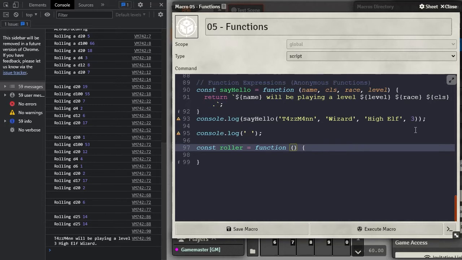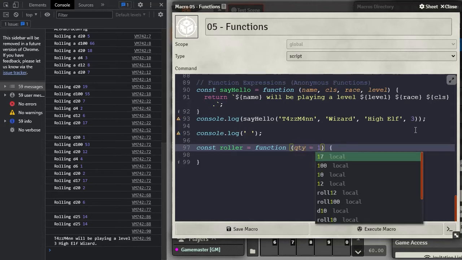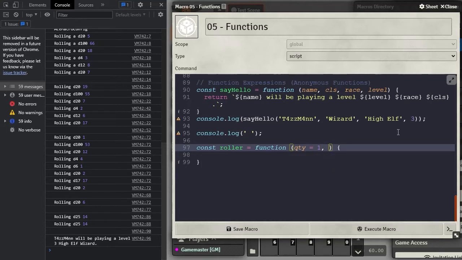So as the most common die you roll in D&D is the D20, we are going to set some default values so that if nothing is passed, it will automatically do that. So first we want to know the quantity of dice. So we're going to do QTY for quantity, and we're going to set the default to 1 because once again, generally you're rolling a single D20, and then other times you'll roll other types of dice. So we want it to always default to a